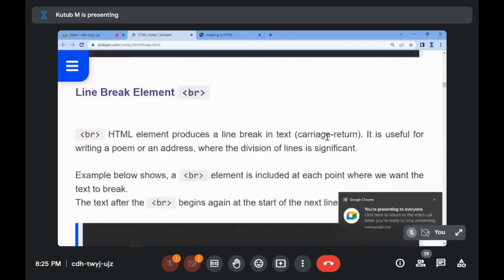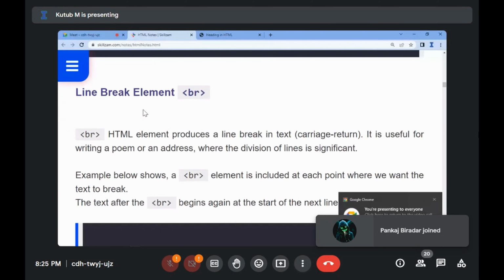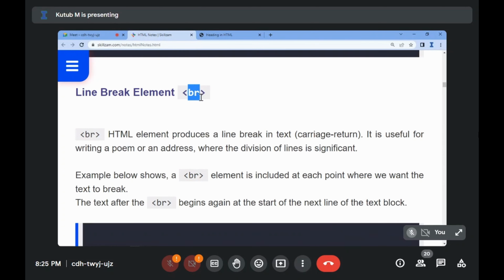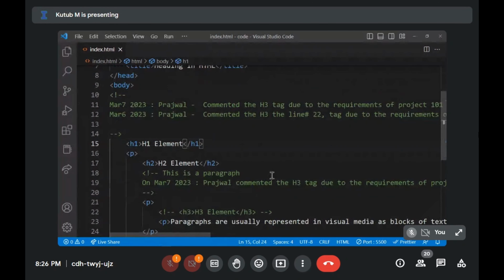Next entry, line break. So as the name itself suggests, the line break is represented by BR. Okay, BR is for a breakpoint. Usually earlier it was called a breakpoint, and now it is a line break, which is very useful in terms of creating a next line, because the text wants to be moved into the next line. So what it means is, suppose